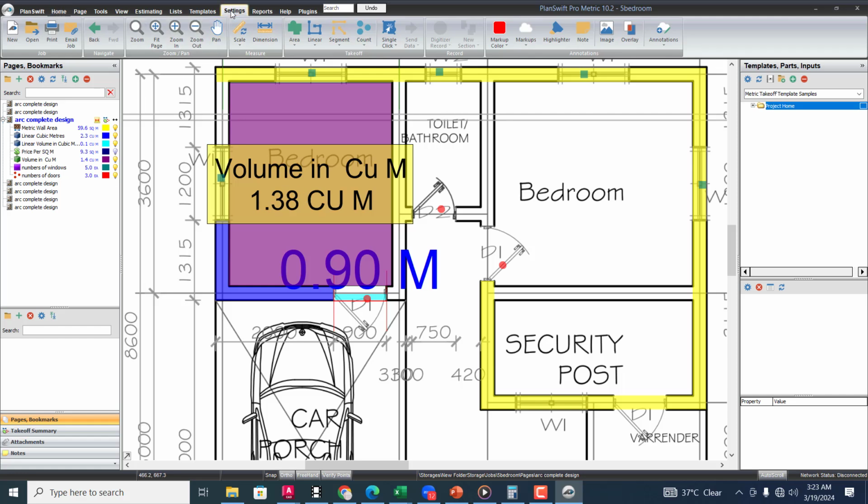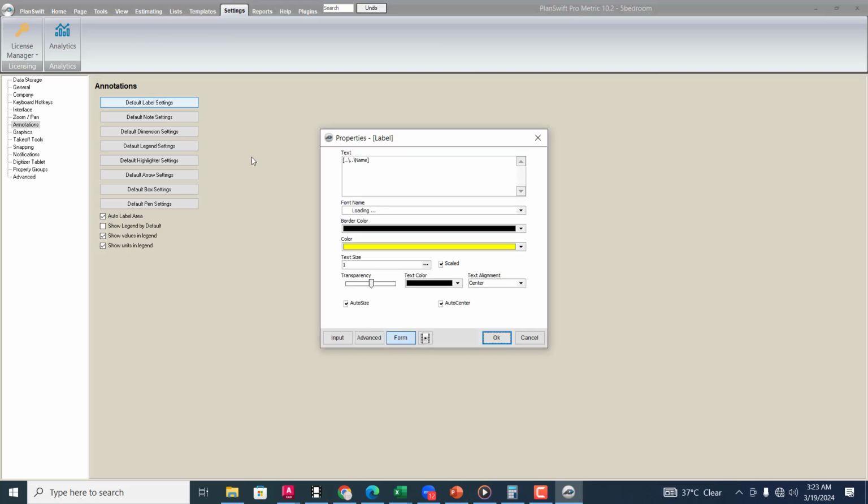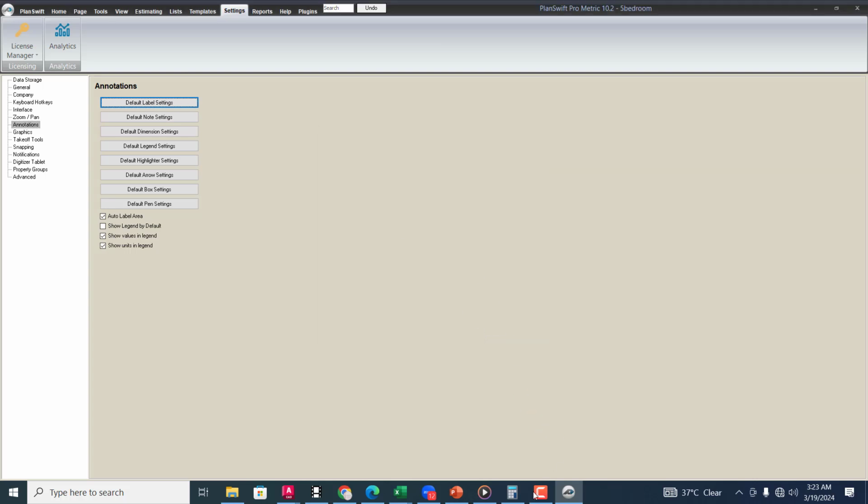That is why, like I said from the very beginning, the settings you do here are very, very important. Your label settings are important. You can reduce it, let it not be the same as your dimension settings. So the value for this can be, let's say, 0.4. If I click on OK,